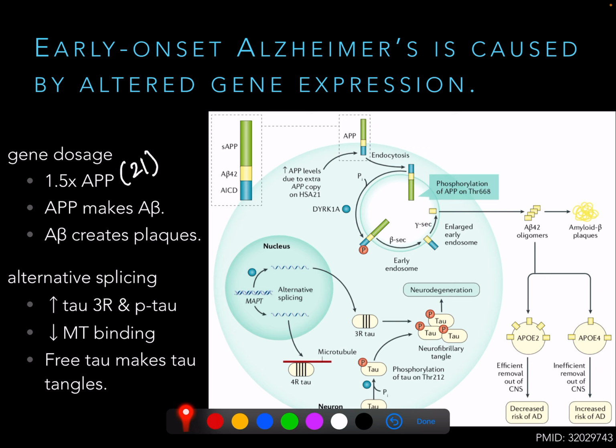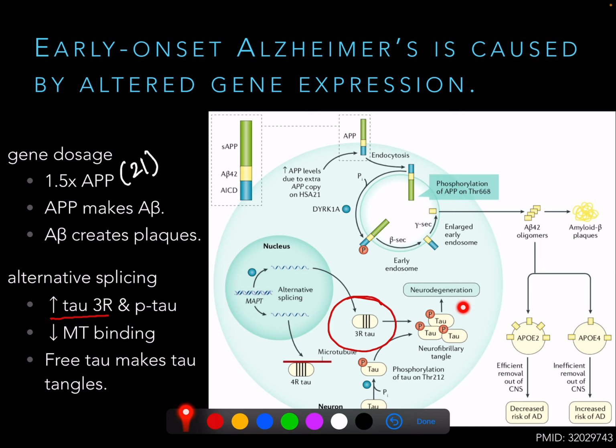So that extra copy of chromosome 21 increases the amount of 3-repeat tau that we make. All right, 3R, 3-repeat, 4R, 4-repeat. And those repeats are the microtubule binding domains. So we make a version of tau a lot more frequently that doesn't stick to microtubules as well, right? We've got an increase in this 3-repeat tau. That leaves it off of the microtubules and able to be phosphorylated and then form these little aggregates, the neurofibrillary